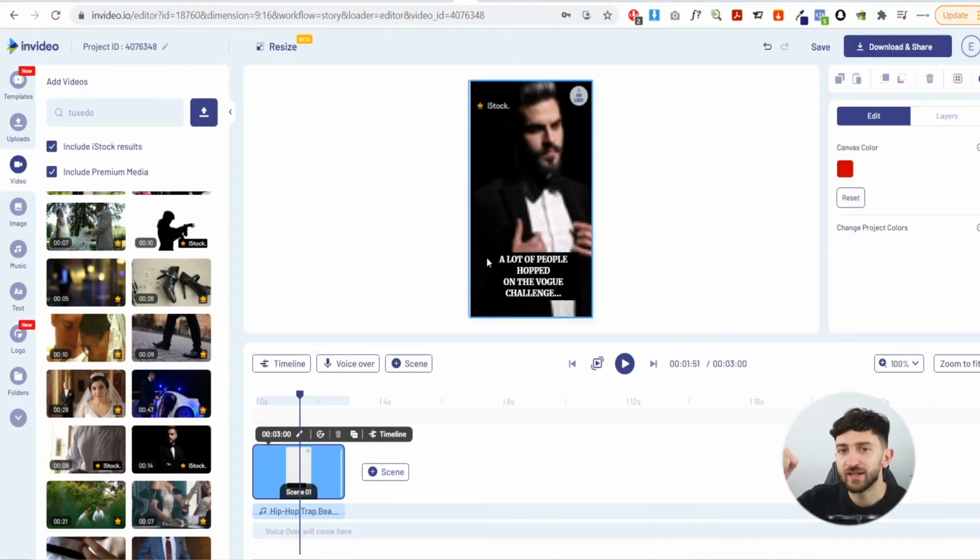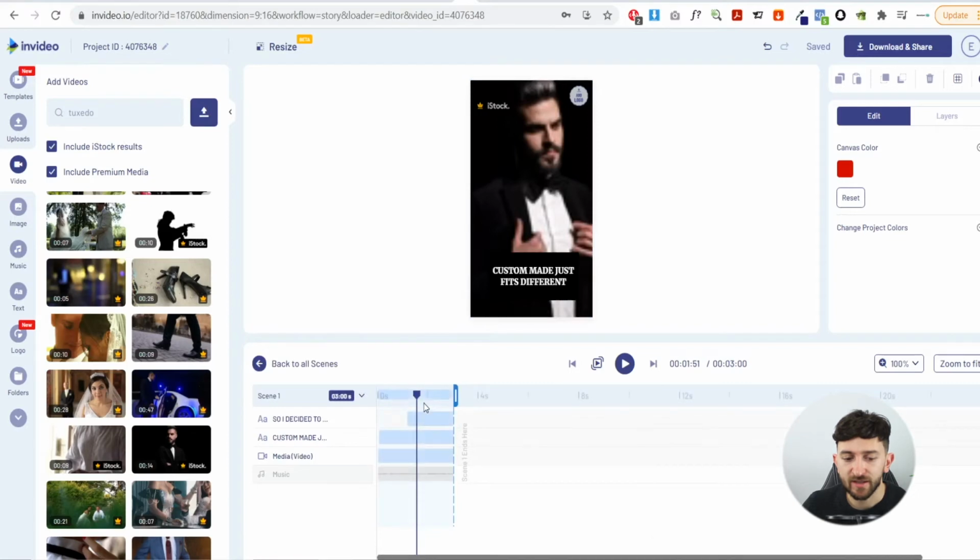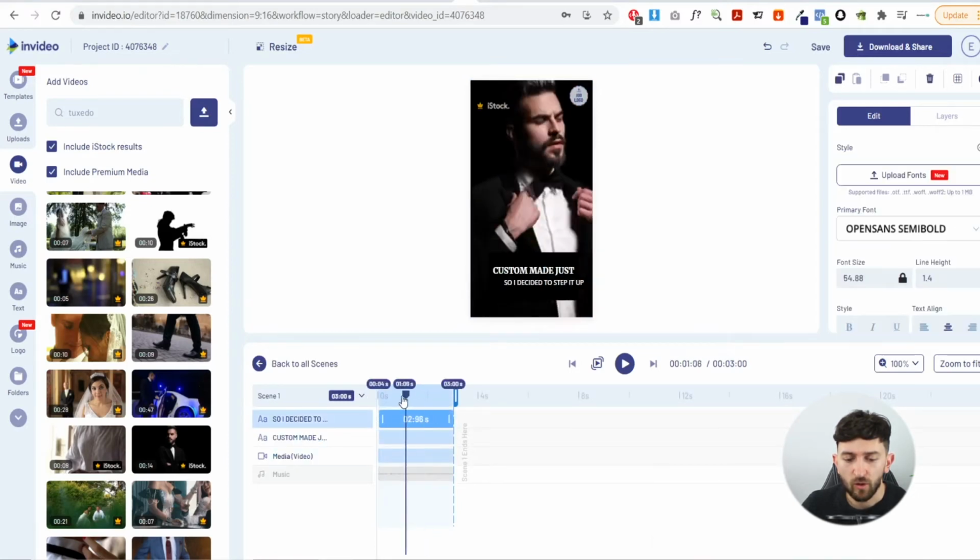So I'm just going to go and put in here "custom made just fits different." Now once you have decided on your caption, whether it's going to be a pain point or a product benefit, you can always go and change the animation of your caption as well. So if you just go and click on timeline over here, you can go and decide when your caption comes in. So I'm just going to go and drag my caption to the beginning,